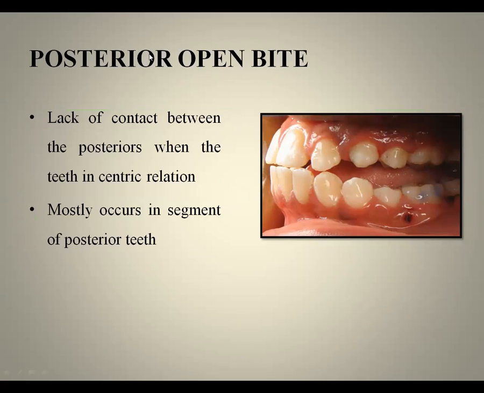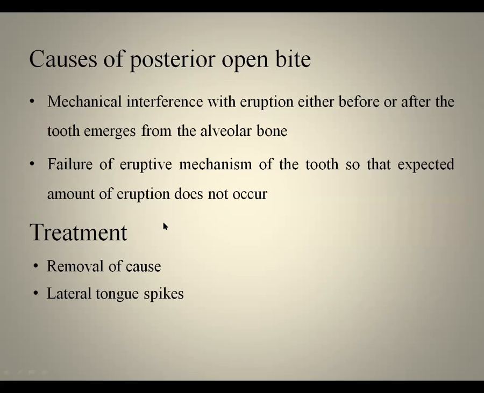Coming to posterior open bite. Posterior open bite is lack of contact between the posterior teeth when teeth are in centric relation. What are the causes of posterior open bite? It can be due to mechanical interference with eruption